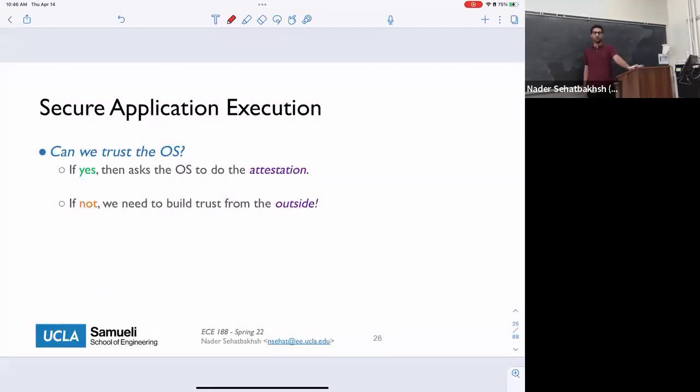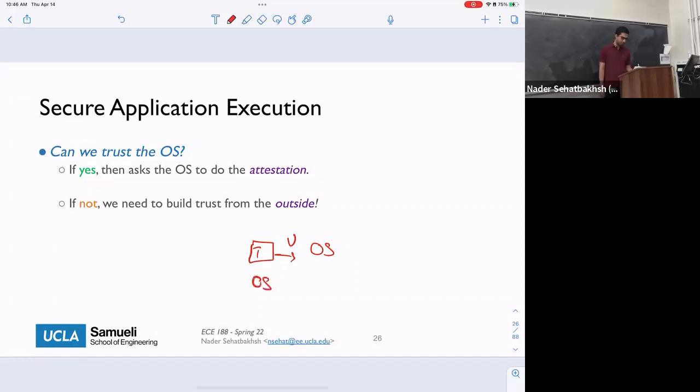So the first thing is, if you want to run some application securely, which means that we want to make sure that this application is not being compromised, we have basically two options, right? The first is whether we can trust the operating system or system software, and in that case, we basically use the same idea that we use for TPM. Remember, we trust the TPM and we use the TPM to verify, for example, the operating system, right? So if we have the operating system and we can trust it, we can ask the operating system to verify that application for us, right? And then we can move on to the next one and the next one.